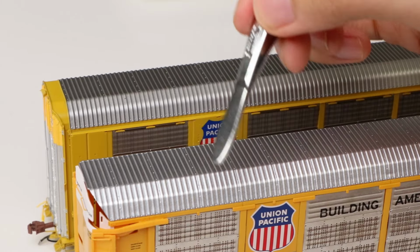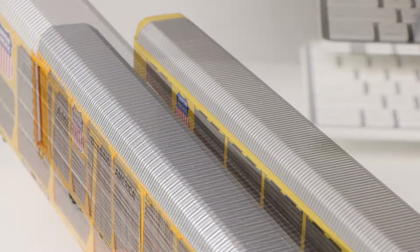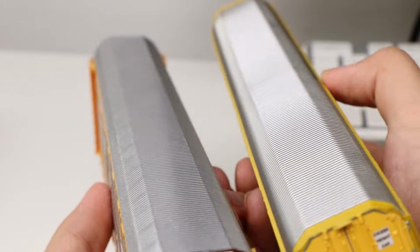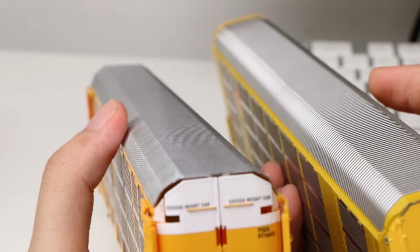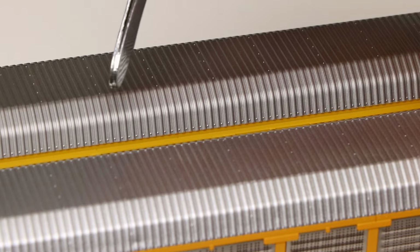Both cars do have those rivet detailing on the tops, but they do have different roof textures. The Intermountain's a bit of a lighter tinny texture, while Scaletrains is painted darker. It does feel a bit more premium than Intermountain's, which does look like metal, but it's like a kind of cheaper style of metal. You can see on Intermountain's it's more of a grainy texture, while on Scaletrains it's pretty